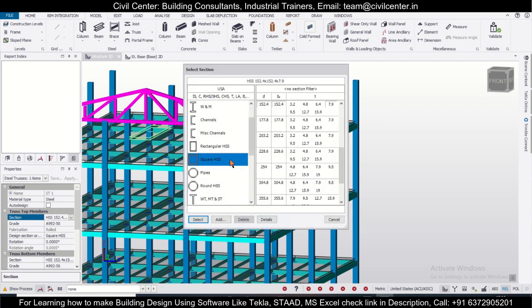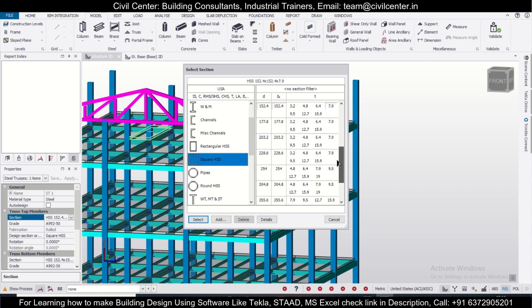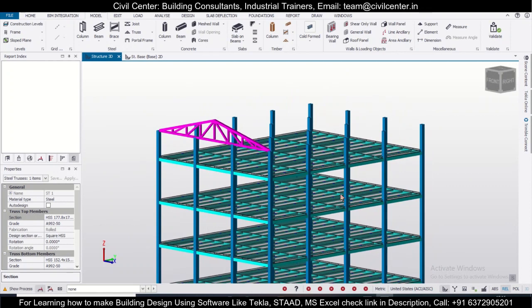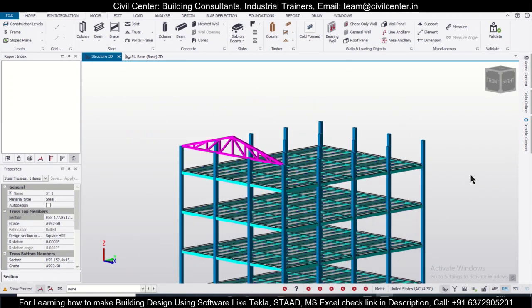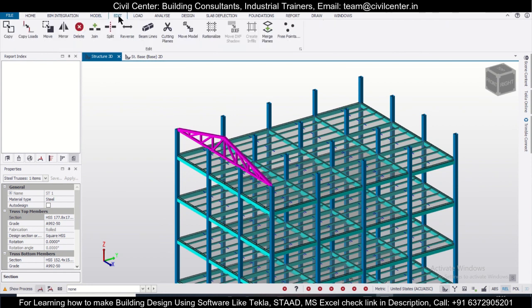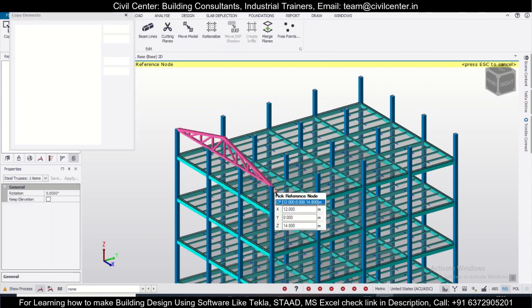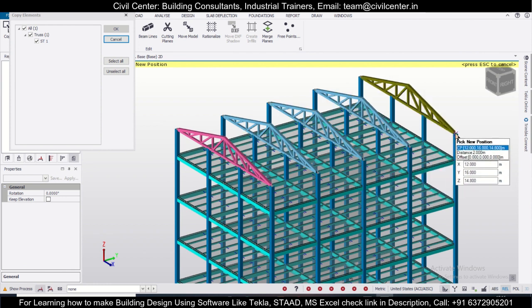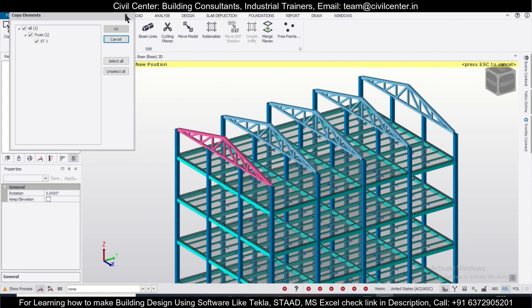We're going with the square hollow section here, and a square hollow section of, let's say, 178, and then just click on OK, and after that you can simply go to edit here, and then copy, and then simply copy this particular option from all the levels here, and then click, and then close this.